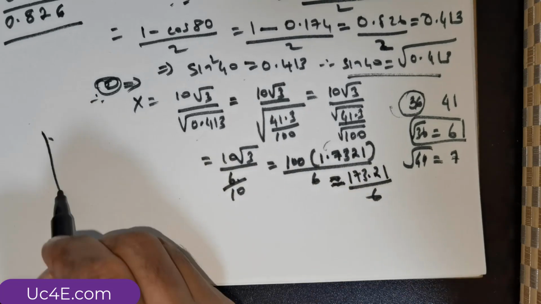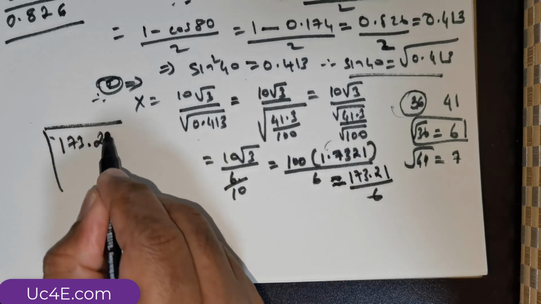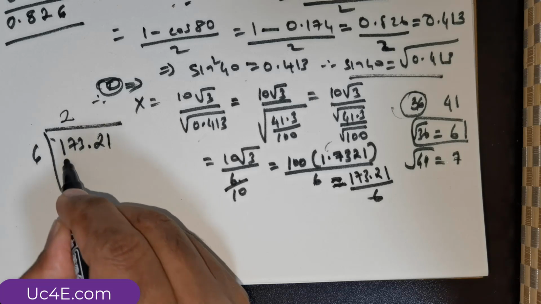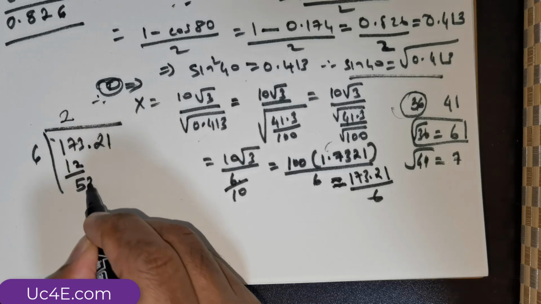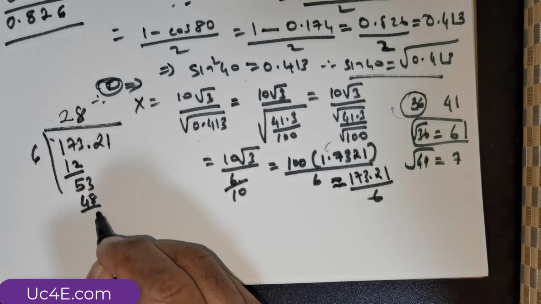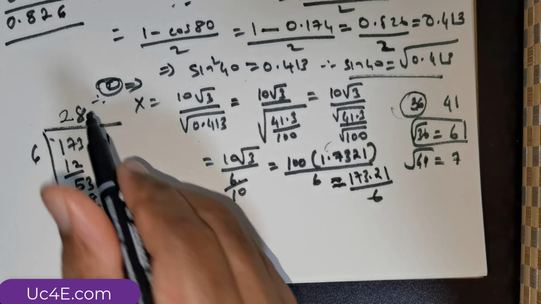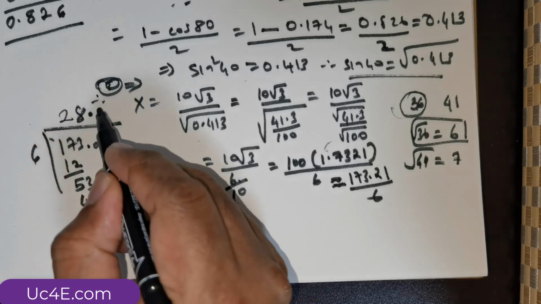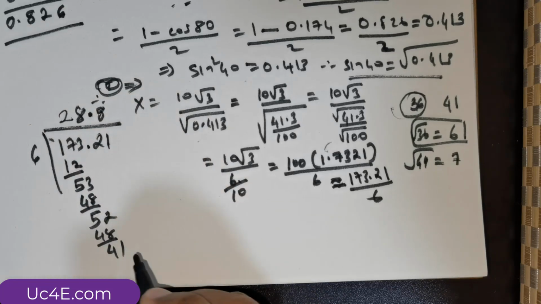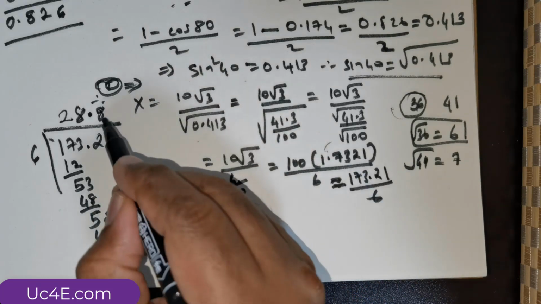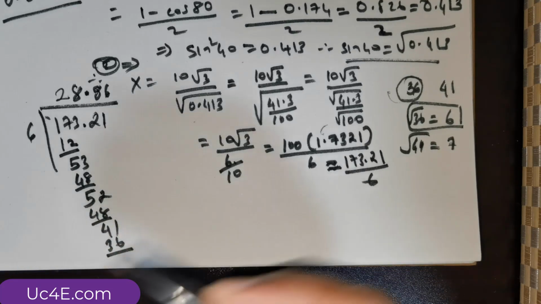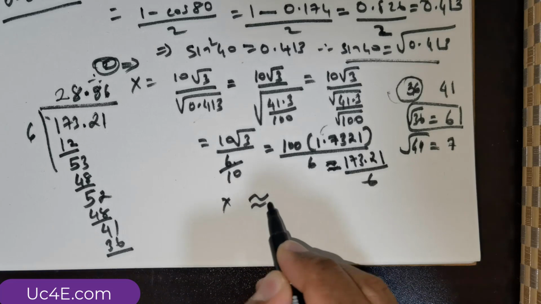Now when I divide 173.21 by 6: 6 2s are 12, and I get a 5. I bring this down, 6 8s are 48, I get a 5 there, and a decimal point is there. I bring the 2 down. 6 8s are 48, and I get a 4 there. I bring a 1 there, and then 6 6s are 36. So this is 36, and I get a 5 there, and it goes on. So the value of x is approximately